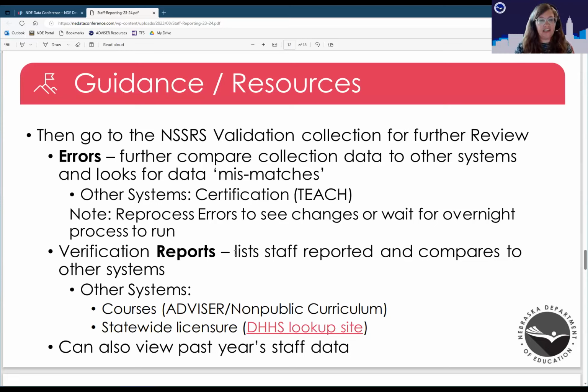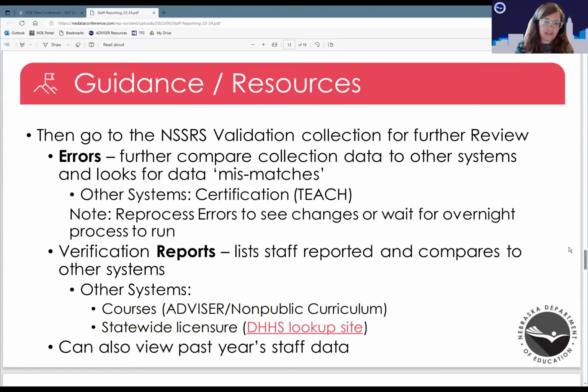It's going to tell you this person's certificate expired, or this person isn't endorsed to be a principal, so we need a different kind of license for that. If you need to reprocess errors, there is a way to do that. Otherwise, you can wait overnight, and that's when the system will automatically reprocess errors. But if you make updates in staff reporting one day and look at NSSRS validation the same day, it's not going to update those errors unless you manually reprocess them or wait for the overnight process.